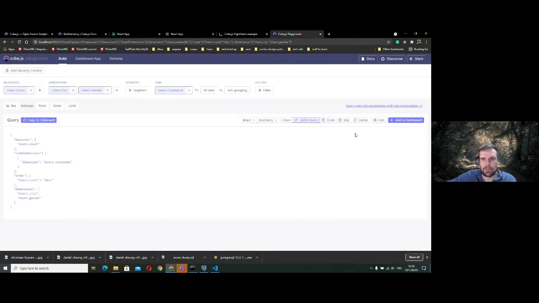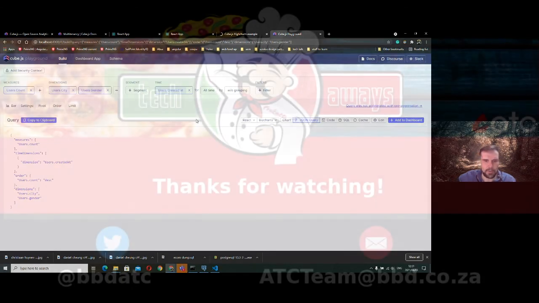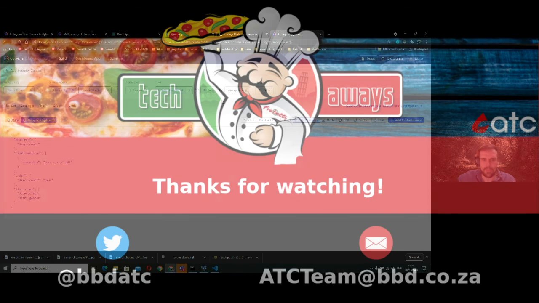So for example, if you have very large queries running, you can do pre-aggregations. If you check in the dashboard, you can see the query was not accelerated with pre-aggregation, but you can accelerate it. So if you want to alleviate certain time constraints due to the fact that certain queries are larger, you can pre-aggregate them. Then the CubeJs cloud allows for that, and it's all built into the whole environment and allows for full integration into all of the front-end frameworks that we use. And that is all from my side.